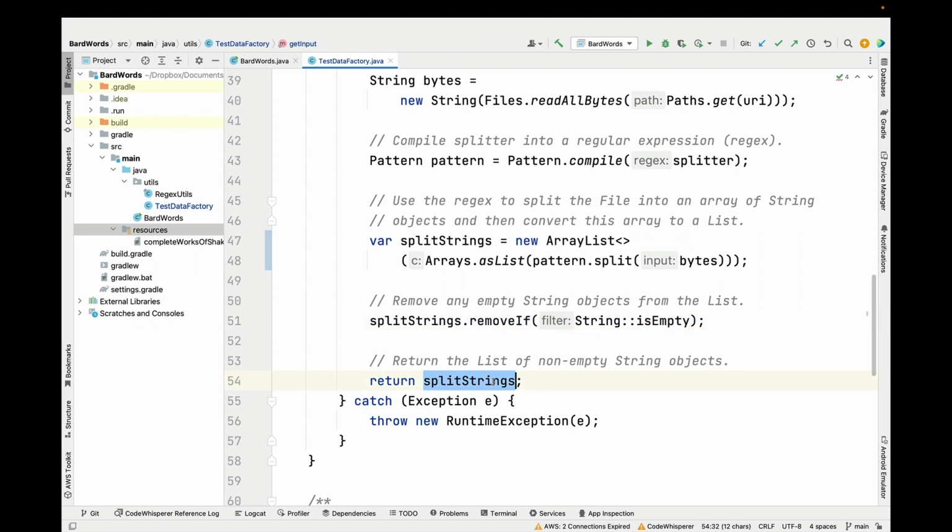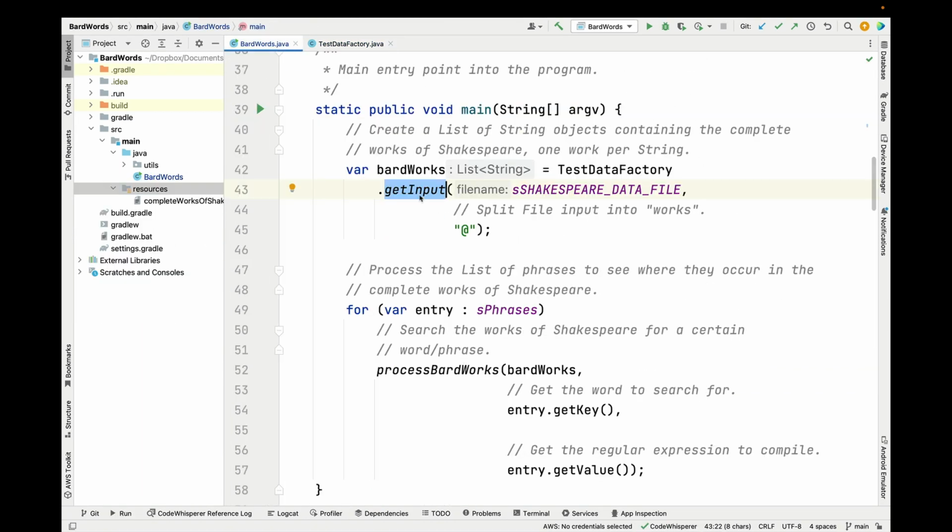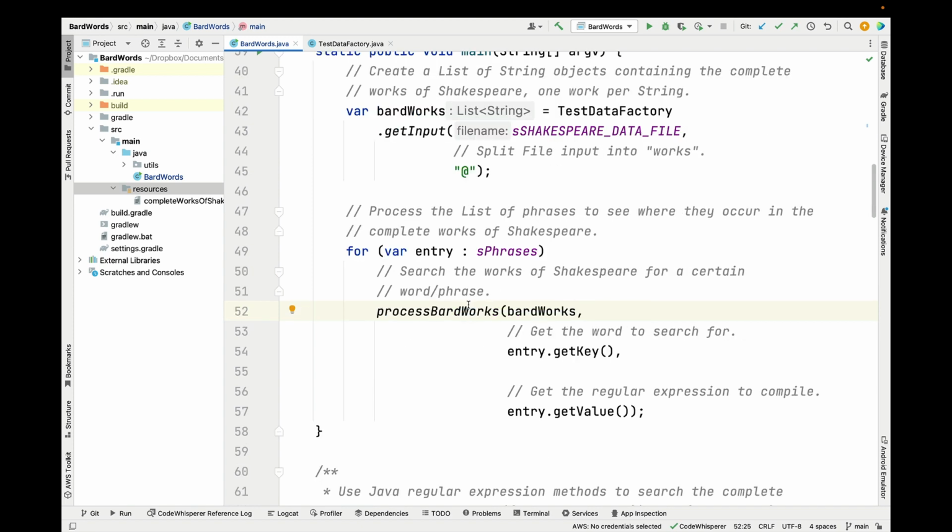And finally, we return the list of non-empty string objects as the return value from the getInput method and store it back here into the BardWorks variable. At this point, we use the Java for-each loop to process the list of phrases to see where they occur in the complete works of Shakespeare. And to do this, we call the processBardWorks method, passing in the BardWorks list, as well as the word